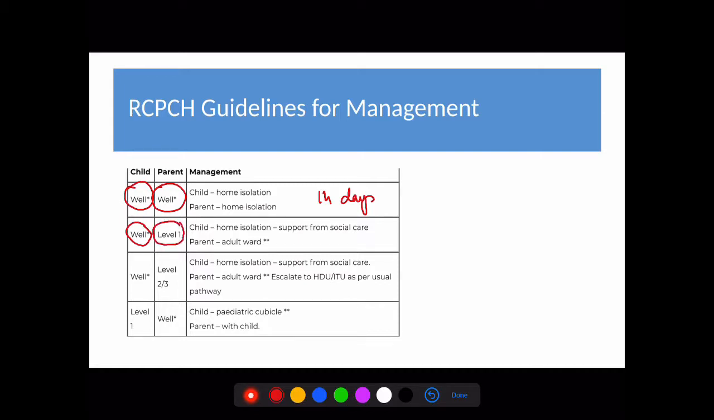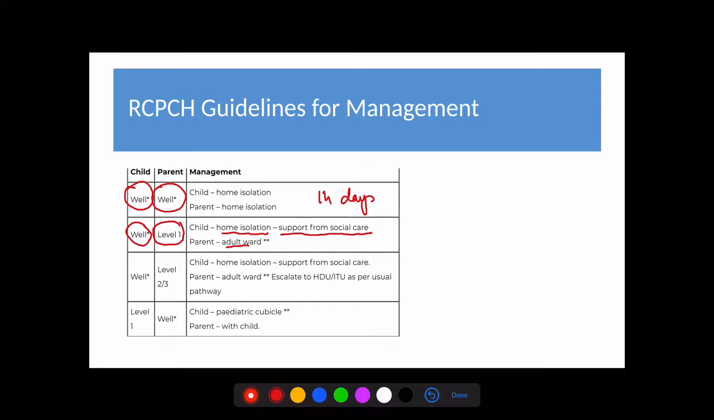Level 1 care means that the parent has got a disease and needs to come in and be hospitalized. Then the parent stays in the adult ward, while the child goes for home isolation here in UK, and they get support from the social care. So the social care, social workers, or the foster parents or foster carers would come in and